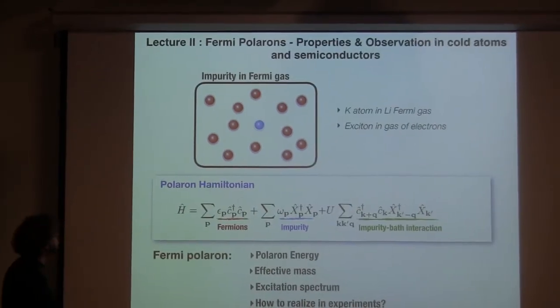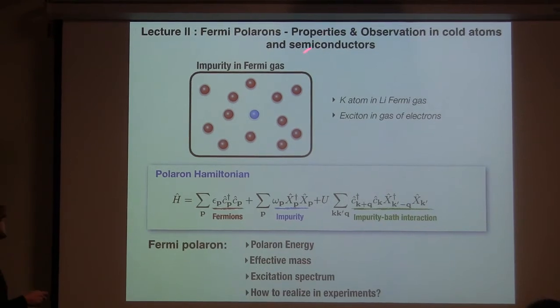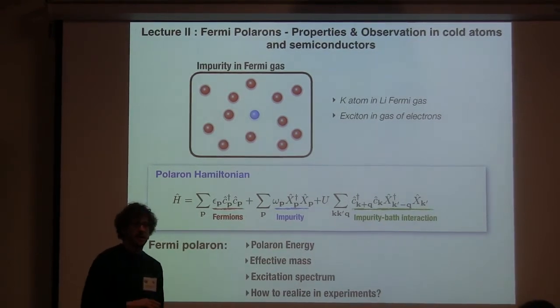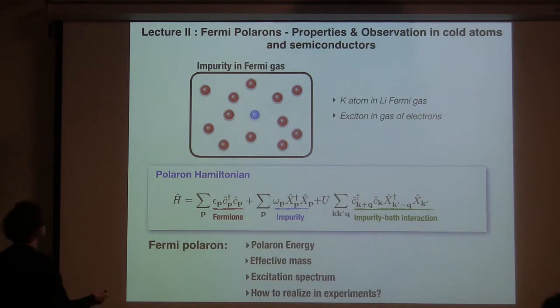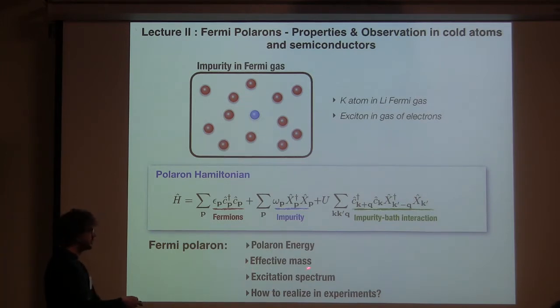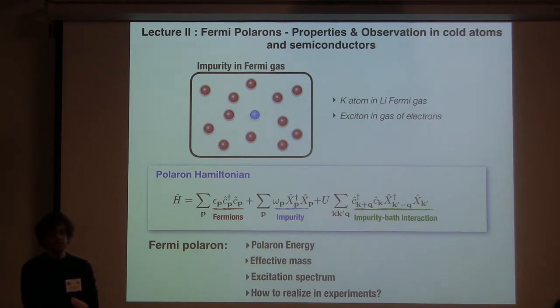And there are more examples of that sort. So what I want to talk about now is how we could extract, so we did a variational ansatz for the Fermi polarons and wrote down the variational equations, and try to extract some of the properties. In this lecture I want to look into the question: can we now extract the polaron energy from what we have? That's kind of an obvious thing. But can we also extract the effective mass of the impurity, which gets dressed by a cloud of fermions? And can we also extract the excitation spectrum? And actually, how do we realize this in experiments and also measure these properties?